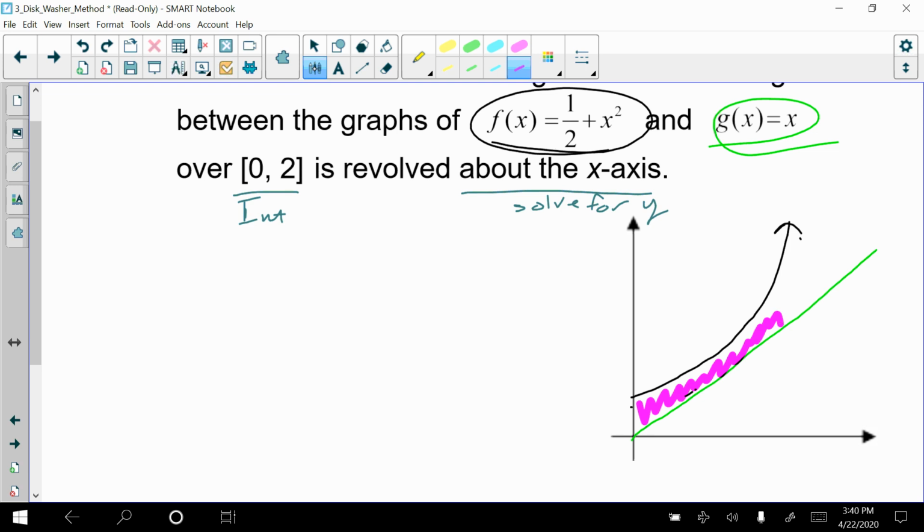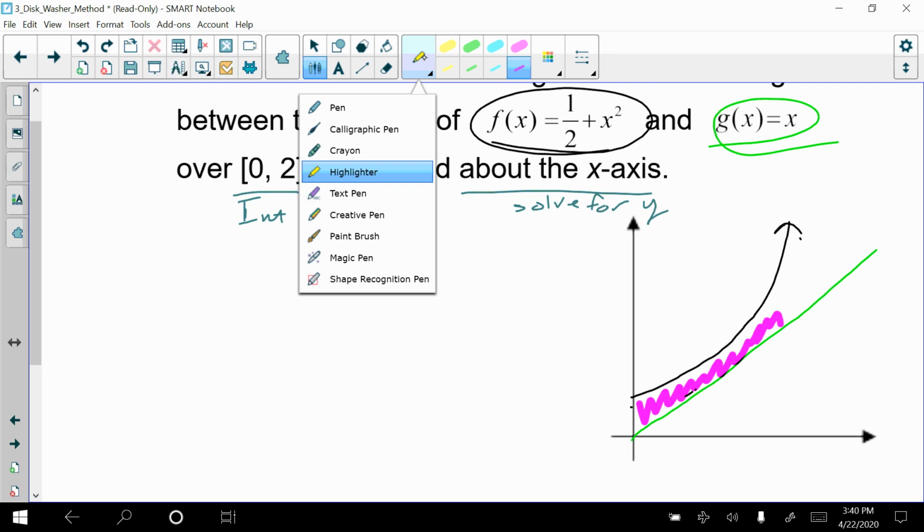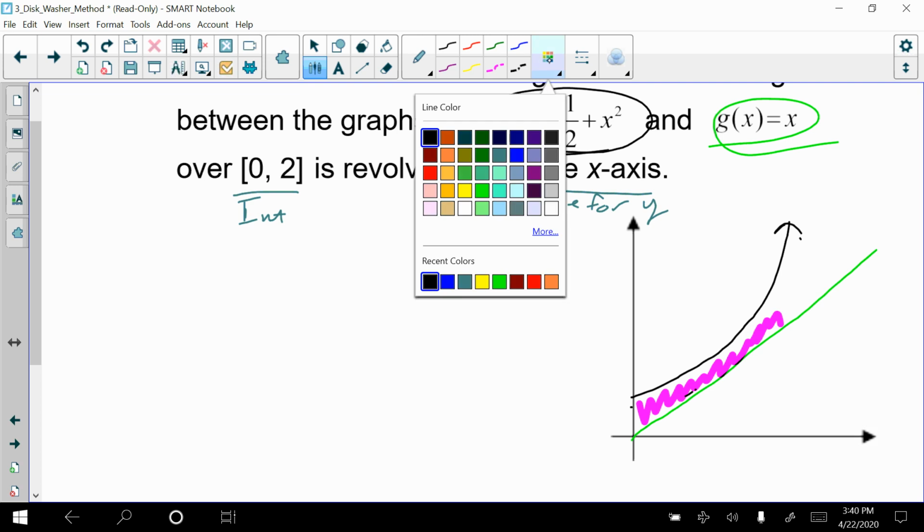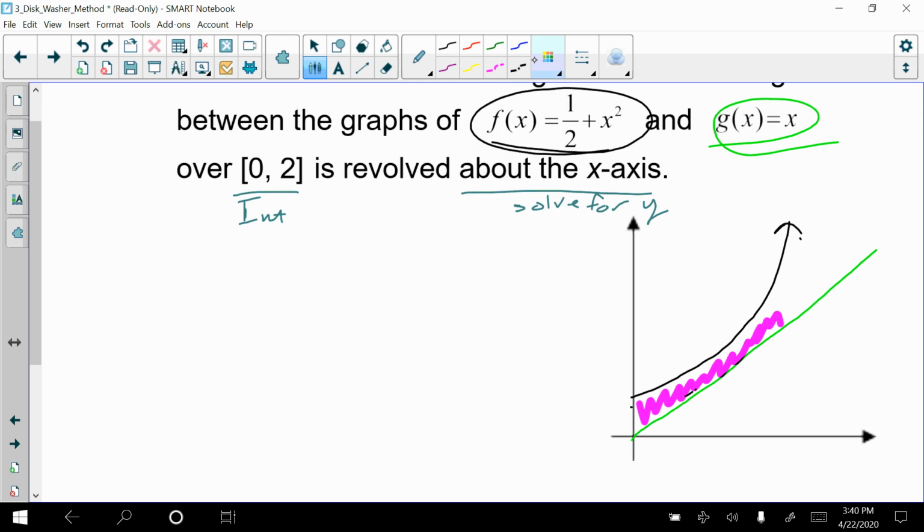And now that we have the function sketched, we can identify what our interior and our exterior radius is going to be. Okay, so let's do the interior radius first. And we're doing it from the x-axis. And let's pick a different color than green. So I'm going from the x-axis. Okay, so that means this function here that was in green, that is the interior radius,